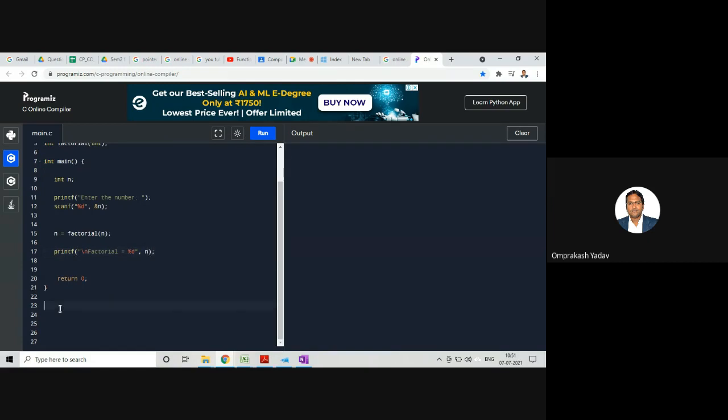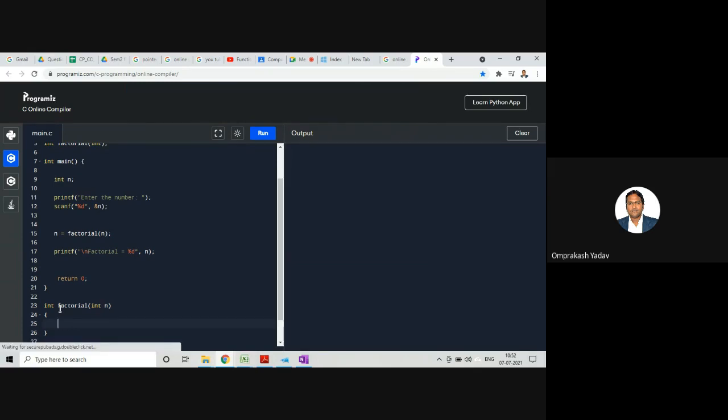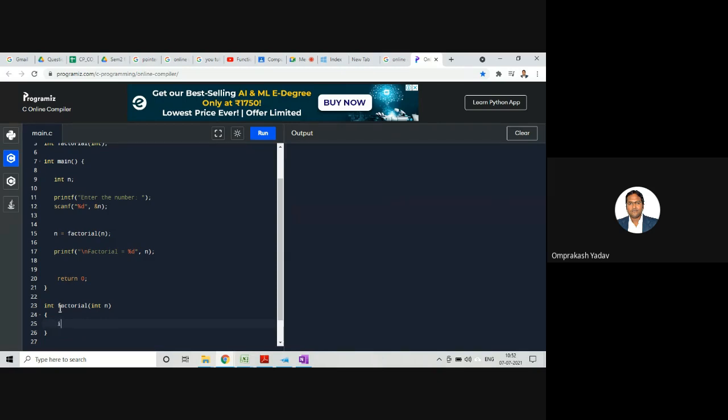Now let's define the function. Int factorial, int n. Now here, using the recursive function call, we have divided the function into two parts. If n is equal to, let's terminate on the 1 only. Don't wait for 0, because we know that 1 factorial will also be 1. So I'll return 1, and then else I'm writing over here